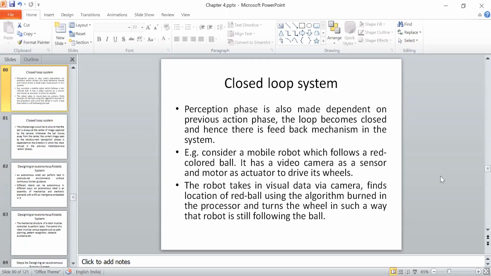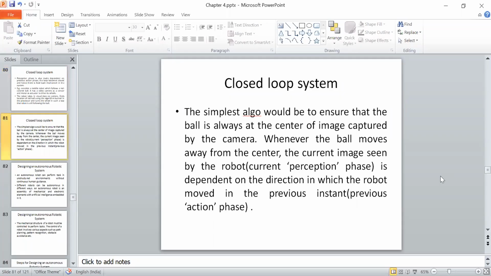So you try to capture the image, you again, अब आपका एक्शन इस पे डिपेंड कर रहा है. आप नेक्स्ट टाइम जब पिक्चर कैप्चर कर रहे हो, तो आप पिक्चर इस तरीके से कैप्चर करना चाह रहे हो कि बॉल सेंटर में हो. तो इसमें एक्शन जो है, एक्शन के बेसिस पे आपने अपने परसेप्शन को क्या किया? चेंज किया. आपने फीडबैक मैकेनिज्म लिया एक्शन से, एंड बेस्ड ऑन दैट नाउ योर नेक्स्ट परसेप्शन और नेक्स्ट इमेज डिपेंड ऑन कि लास्ट टाइम आपने जब मूव किया था रोबोट की तरफ, तो आपका बॉल जो है वो सेंटर ऑफ द इमेज था या नहीं था. सो दीज आर कॉल्ड एज द क्लोज लूप systems.